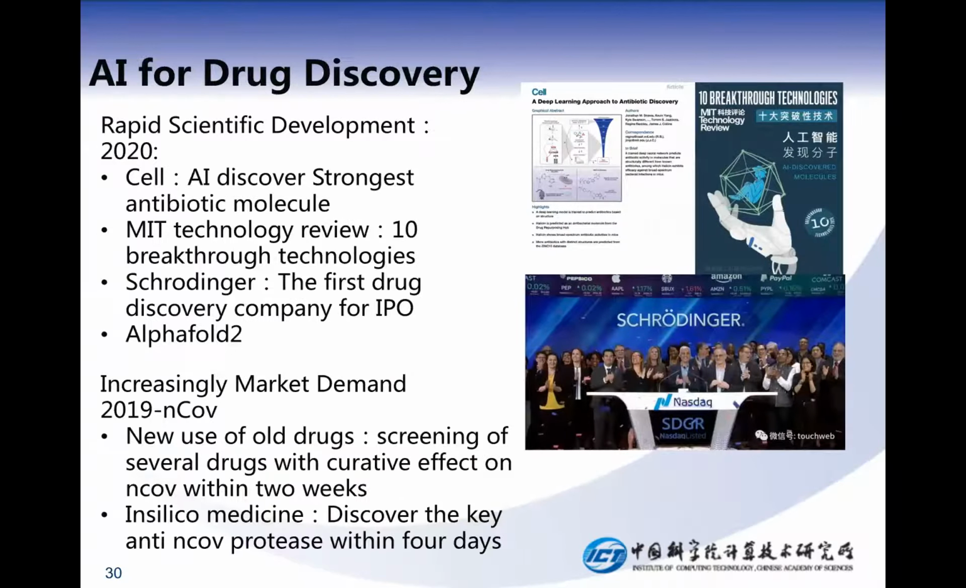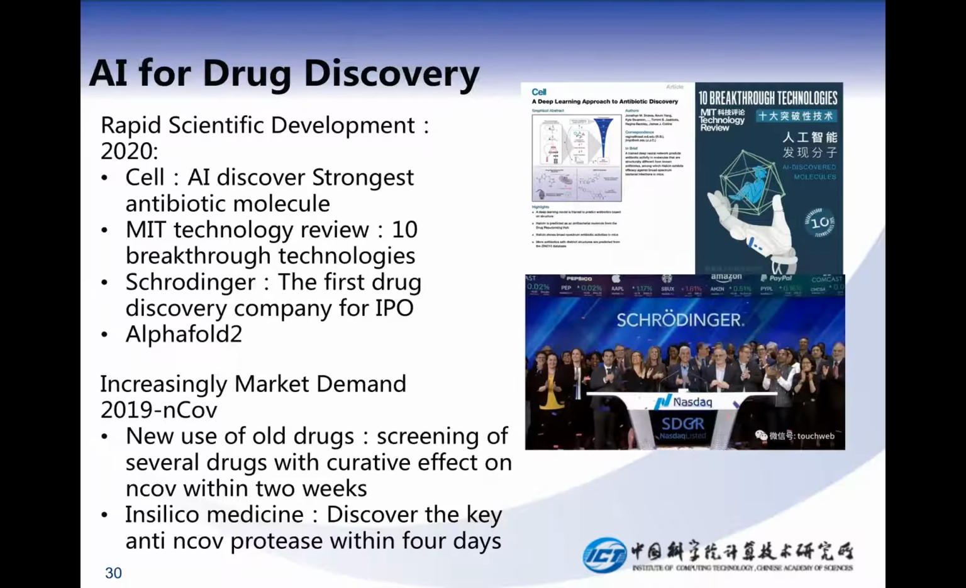Since 2020, there has been rapid scientific development in this area. Cell just published earlier this year a paper which uses AI to discover the strongest antibiotic molecules. And MIT Technology Review thinks this will be one of the 10 breakthrough technologies. Schrödinger